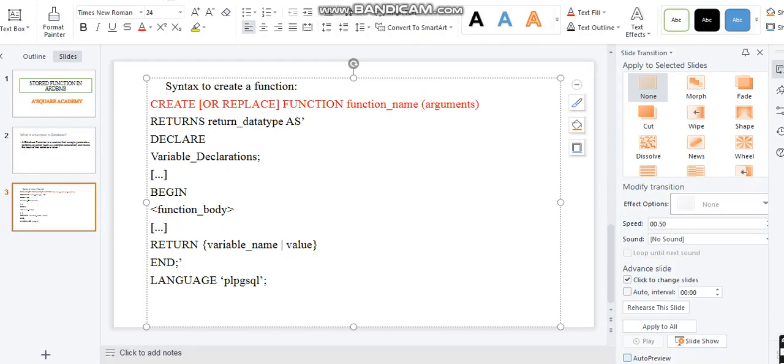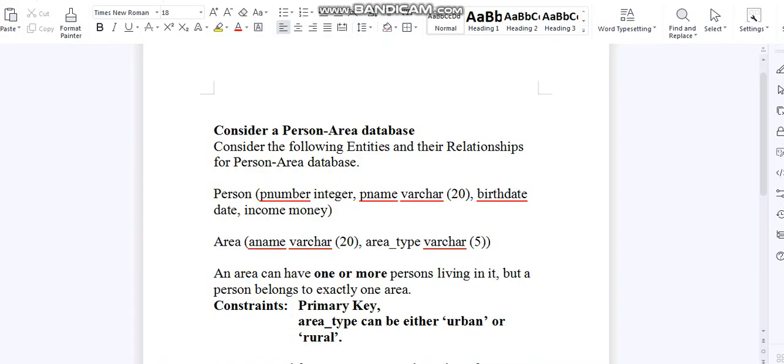Now here you can see I am having a database. Consider a person area database. It is having the entities and the relationship for the person area database. Person and area: person has attributes like person number, person name, birth date, income, and area has area name, area type.